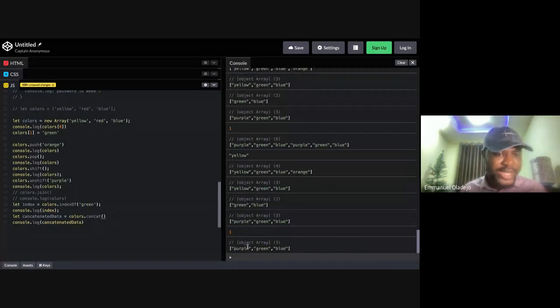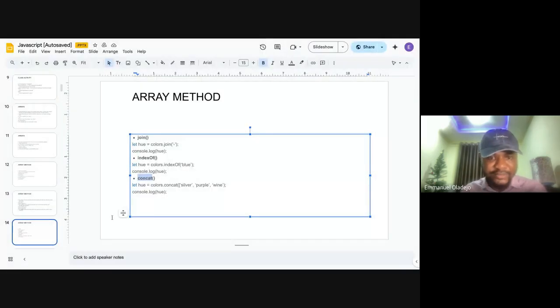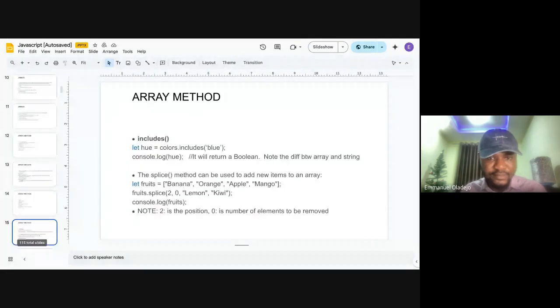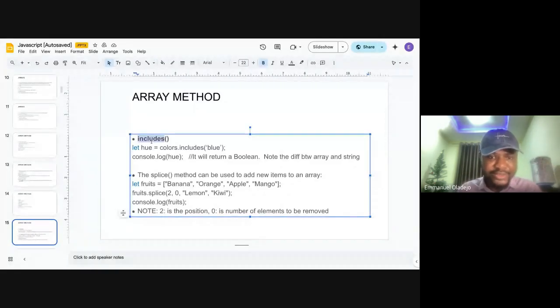So concat is another method in array. So let's move on from here. We have two other methods we'll be talking about, which are includes and then splice. So let's try